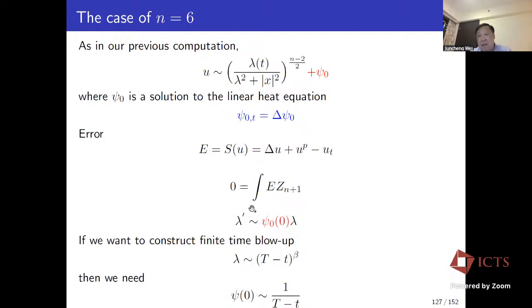Okay? If your phi 0 is a solution to the linear heat equation, and what you get is number prime equals lambda, and you get the exponential growth or decay. So you don't get a finite time blob. So in order to get a finite time blob,